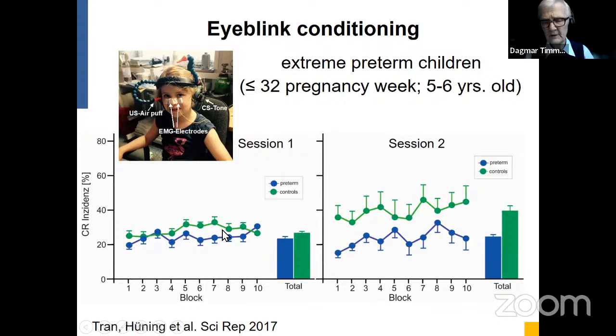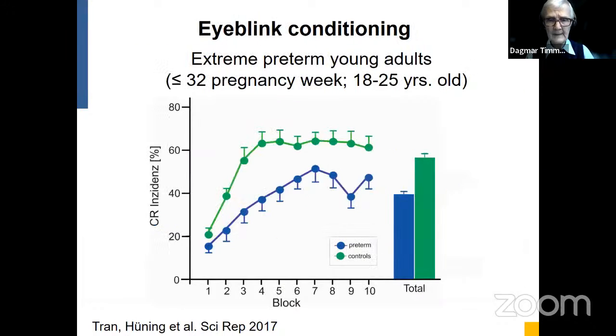And we did 1 session of eye blink conditioning, and neither of them conditioned very well. And then they came back for a second session, and then the term-born children learned the eye blink, and the preterm were much worse. So in children, it takes a little longer to acquire the conditioned eye blink response. These were children 5 to 6 years old. And then we looked also at young adults who were between 18 and 25 at the time of the testing, and they have also been born very preterm. These are the controls, and here are the patients. This deficit of reduced eye blink conditioning prevails, so it doesn't go away